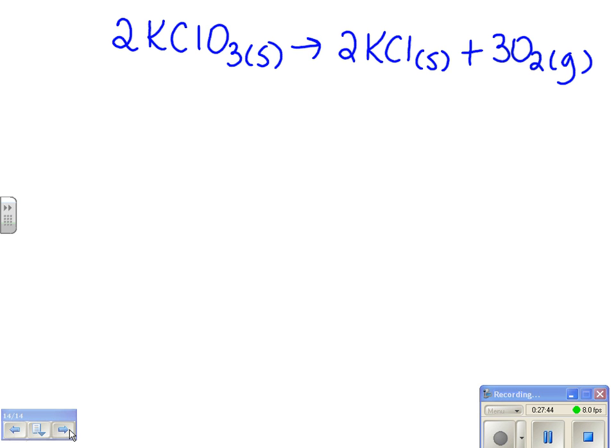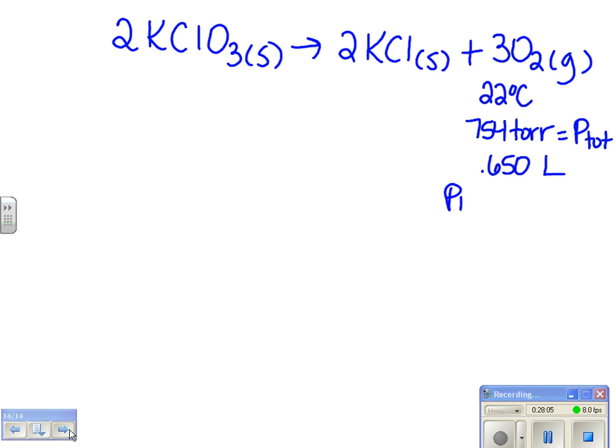Okay, so now what are we given? 22 degrees Celsius, a total pressure of 754 torr, and a volume of 0.650. And we know something else, don't we? We know the vapor pressure, or the pressure of the water vapor, and it is 21 torr. So if the total pressure is 754 and the water vapor pressure is 21 torr, that should be a